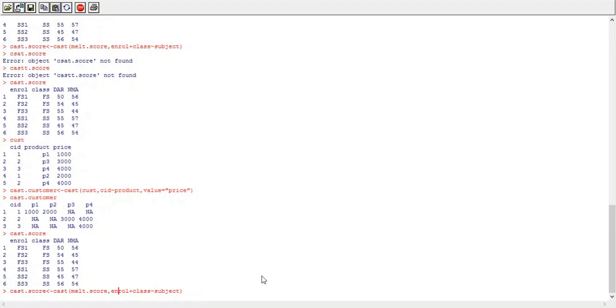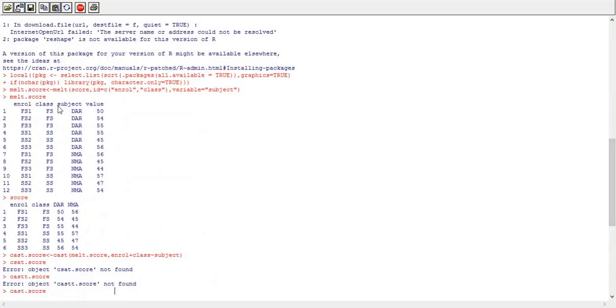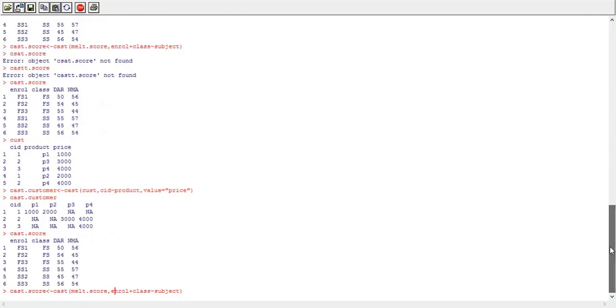Here it means that we want to keep enroll and class as constant columns, and the subject column will be the variable column. This subject column will be divided into different columns, DAR and NMA. Now we can change this mapping as per our requirement. This is not the only way to map the columns.